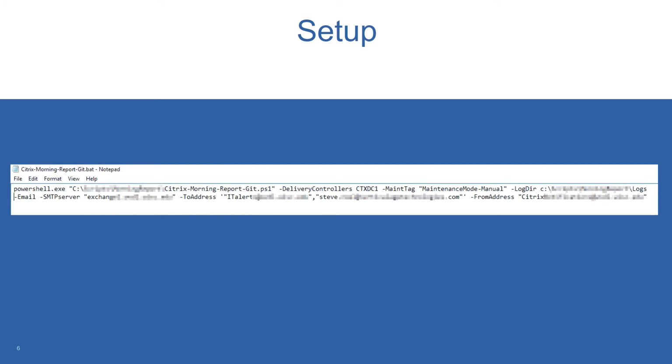Over here, we're doing the email parameters. So we'll be specifying the SMTP server, and then the to address and the from address. You can see here with the to address that we have multiple emails listed there, so you can have one or you can have multiple. So after you get your parameters set up,